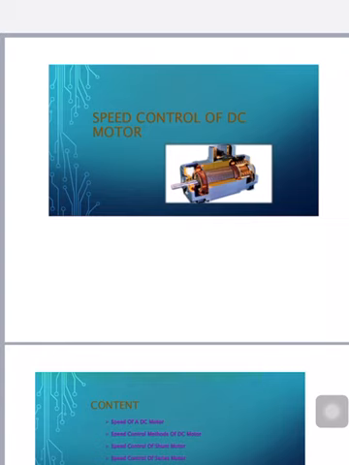And we will go further: the field rheostat provides above normal speed, and the armature rheostat provides a wide range of below normal speeds. So applying both methods, we can obtain a wide range of speed for different applications. The main problem with the method is that a bulky rheostat is required across the armature.